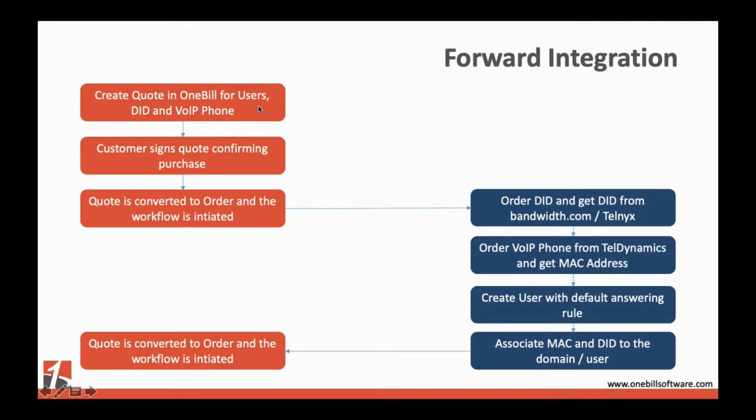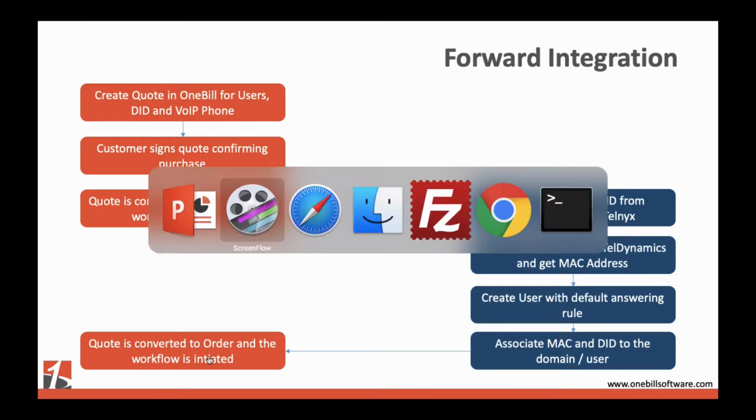and submitting that as an order. The order would go into the NetSapiens platform to create the users with the default answering rule, associate the MAC address and the DID. Then once all of this is done, we would see how the order is automatically started in OneBill and the charging is initiated. Before we go into the flow, let's look at the different elements configured for the same and how you can